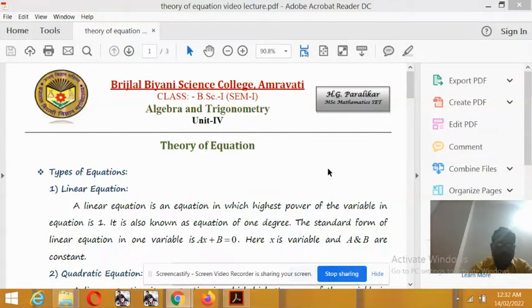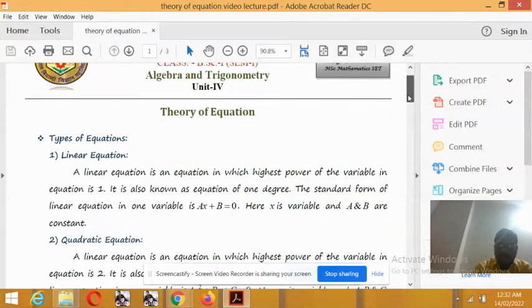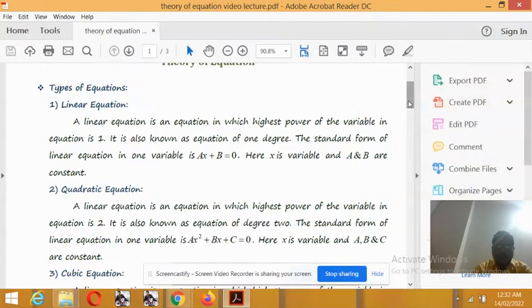And today we are taking one topic from Unit 4, Theory of Equation, from the paper Algebra and Trigonometry of class BSc first year semester 1. And we are going to learn different types of equations. So the topic is as per the